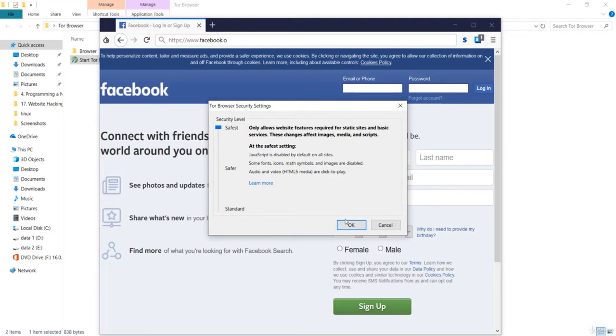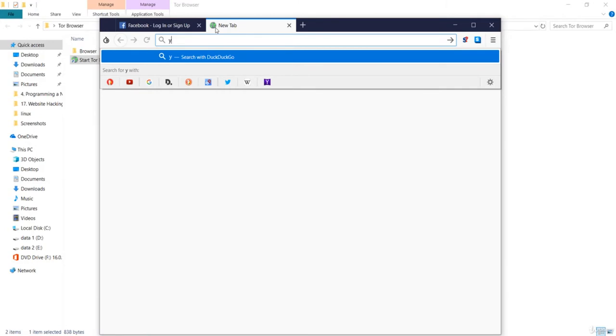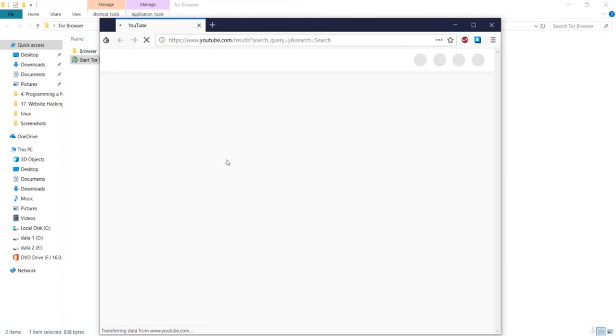So if I just press on this safest mode, and now go to maybe YouTube, if I just play the YouTube, you'll see the drastic changes. Let me close this tab, and it is going to load in a minute because it has to go through different servers, so it usually takes more time than what we normally see in the case of Firefox. So let it have time to load.